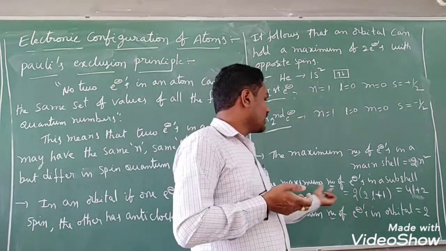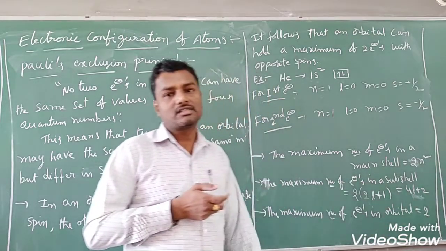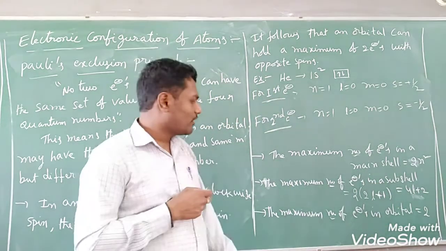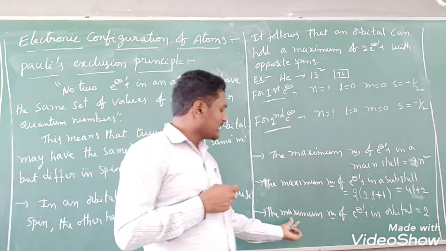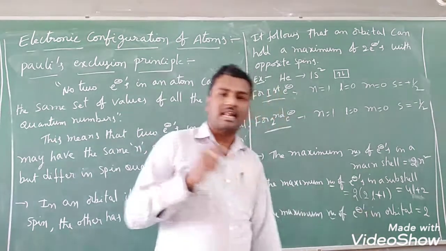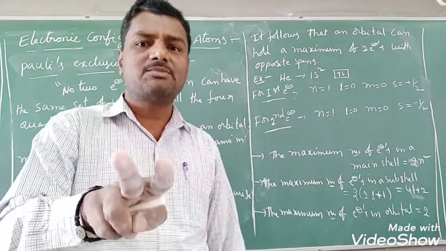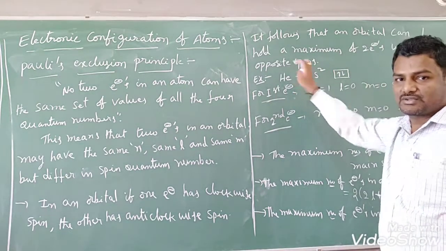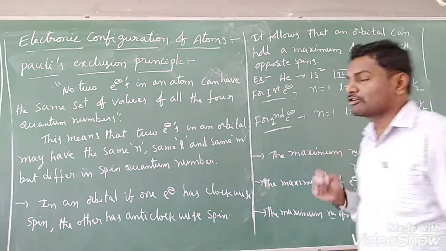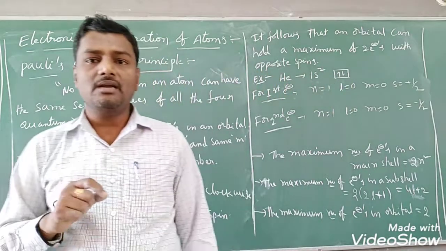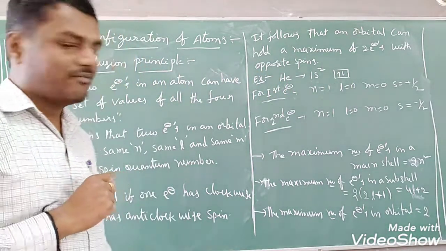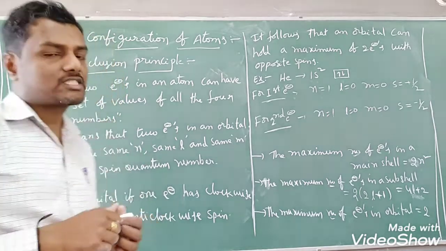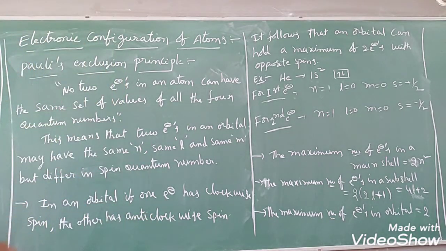So like this we can take the maximum number of electrons in a subshell by using the formula 4l plus 2. Okay, I hope everybody got it. And we know already that the maximum number of electrons in an orbital is 2 electrons with opposite spins, students. We know this already. This is about Pauli's exclusion principle. And the last principle we have is Hund's rule of maximum multiplicity. That also we will see, students. You copy this.